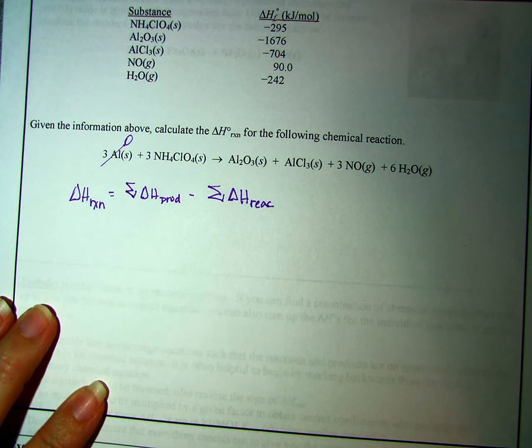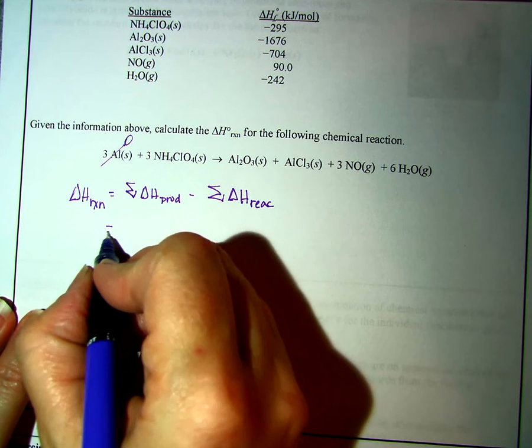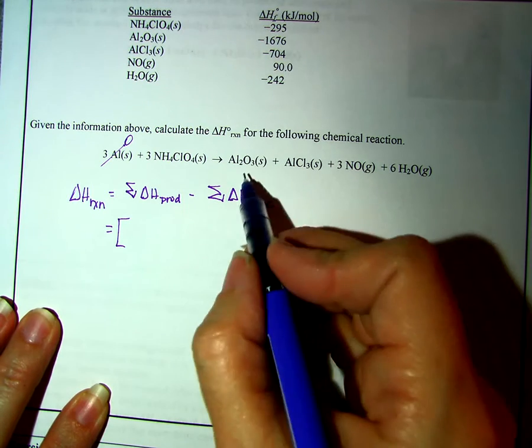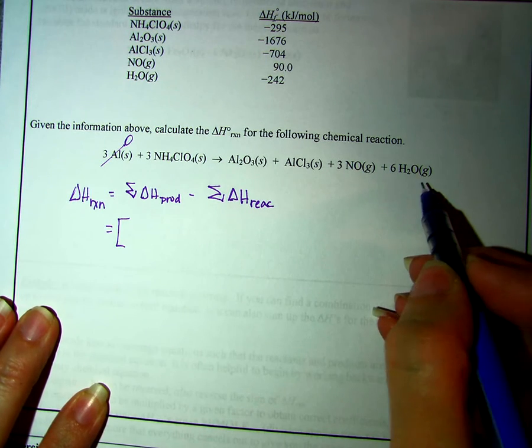Products minus reactants. Well, all we've got to do is start looking at this. If we're looking at the sum of the products, all of these are our products. So we have